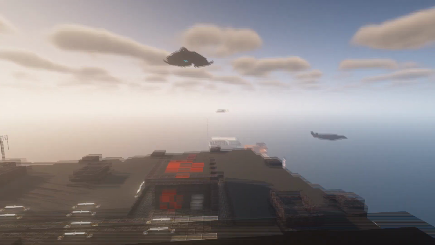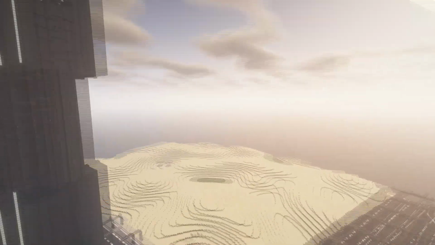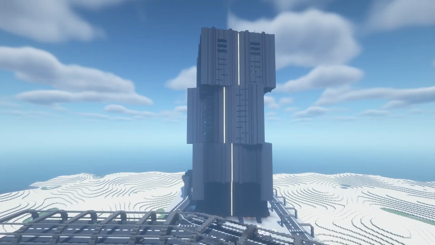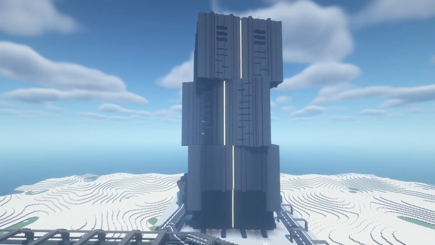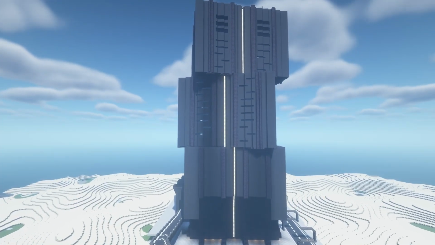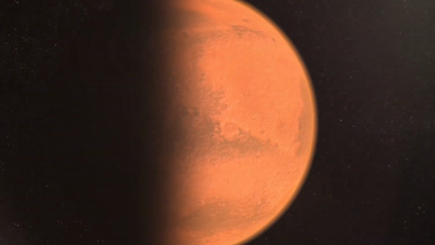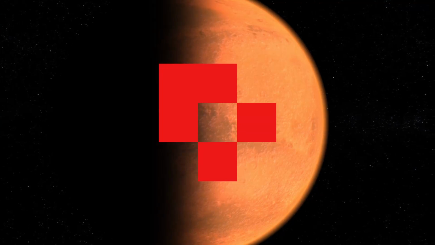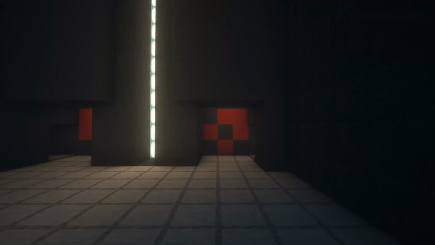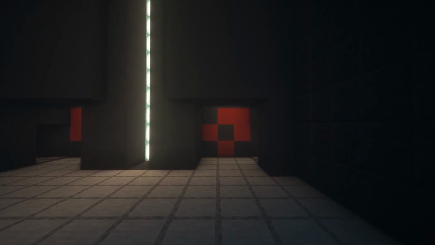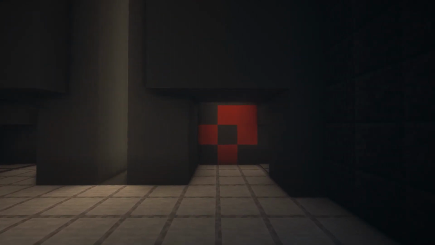Hi, I'm Architect and welcome back to Neo Arquito, the cyberpunk city I am building. When I built the skyscraper from the last episode, I came up with a little bit of background lore that helped me find a theme and therefore helped me build it. In short, the skyscraper is a regional headquarters from a company that has originated from Mars. For the people on Earth, the company is quite evil. Therefore, a red and grey theme perfectly represents this evil of the company and also the origin that the company is from Mars.